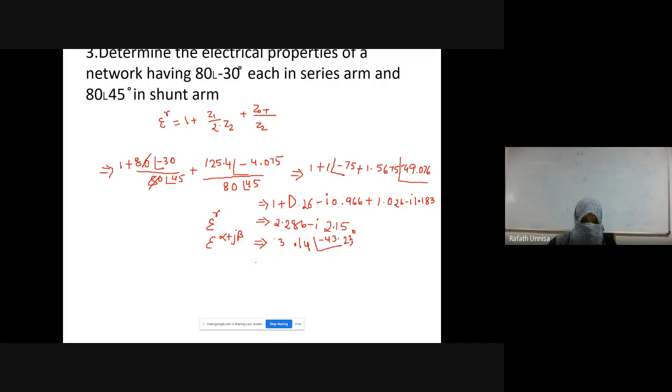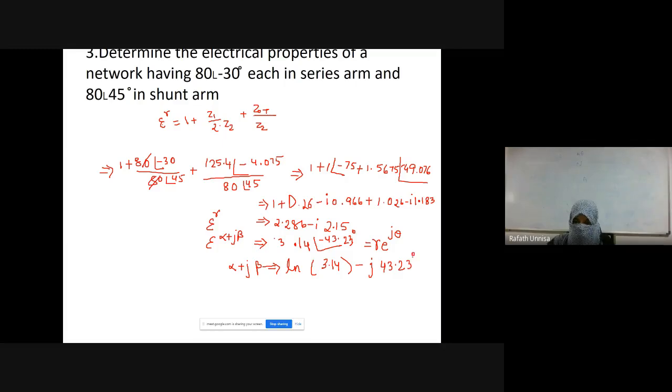Okay. So now we want to get rid of this e, so what we will do, we will take the natural logarithm. Then the natural logarithm of e power of alpha plus j beta is simply nothing but alpha plus j beta, and over here the natural logarithm of this can be expressed as r e power of j theta. So that time I can take natural logarithm of 3.14, plus minus, because the angle is minus, so minus j theta which is nothing but